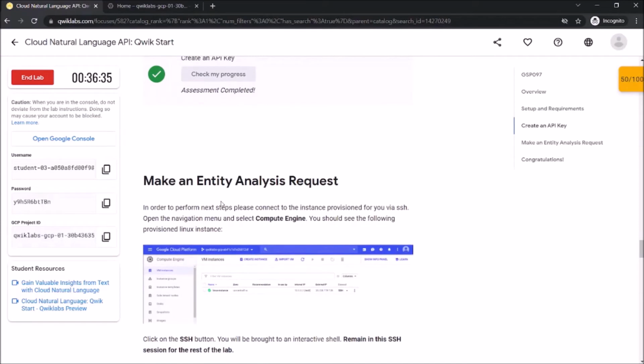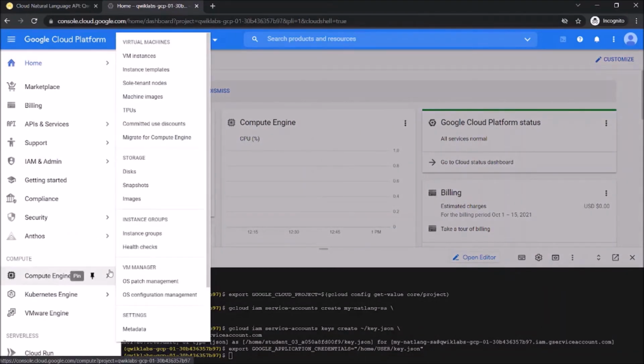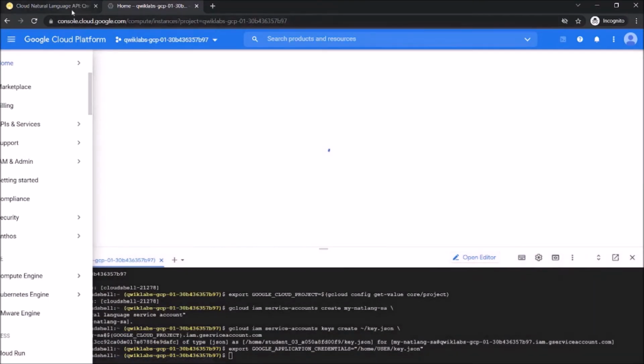Now let's move to the next step where we have to make an entity analysis request to this API. We will do this using SSH. For this, we will first move to the VM instances. Let's access the navigation menu, then Compute Engine, and then VM instances.